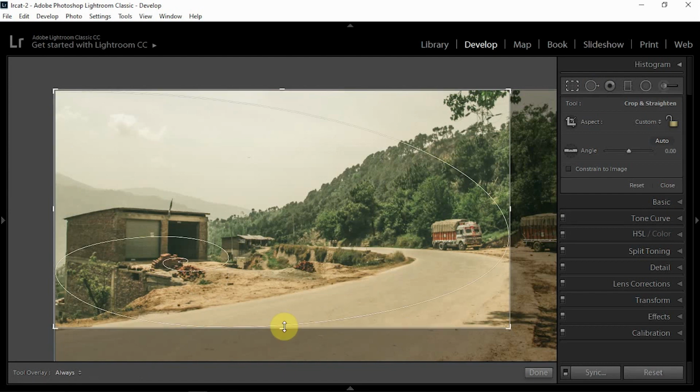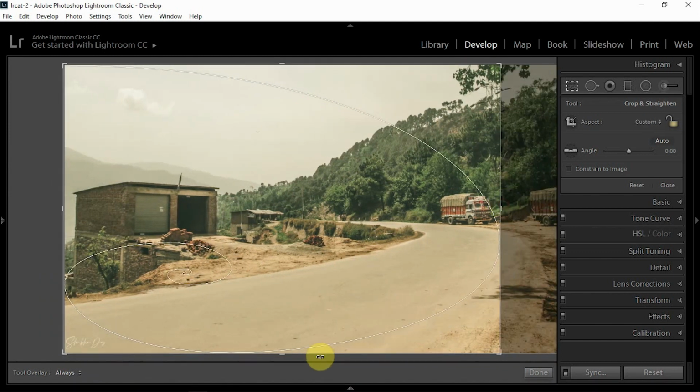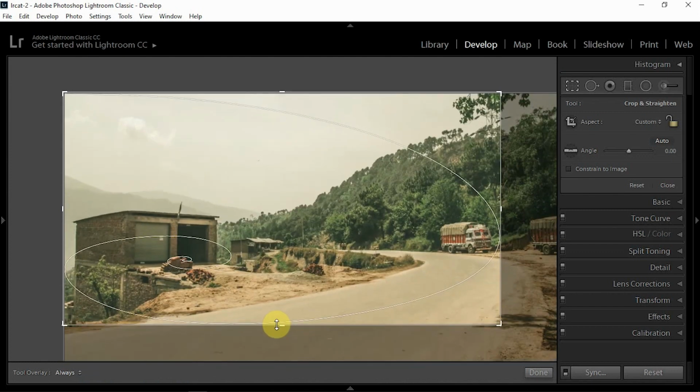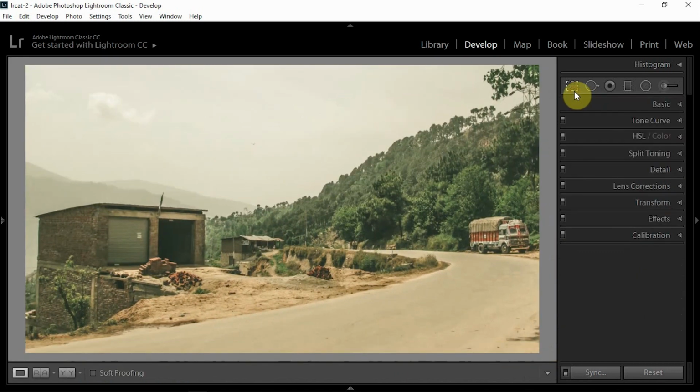If I just turn off the crop, it was like this before, and what I did was just point this house over here to the center, and now I hit OK. You'll see that the viewer will start seeing the photo from the house and then follow along the line of this road, where at the end you have a different mountain. So this is another example of the golden ratio.